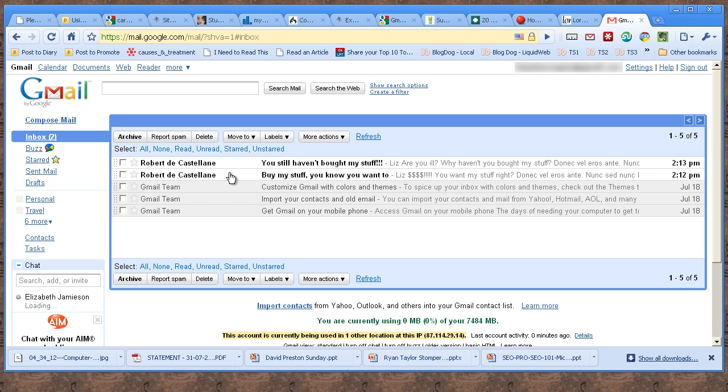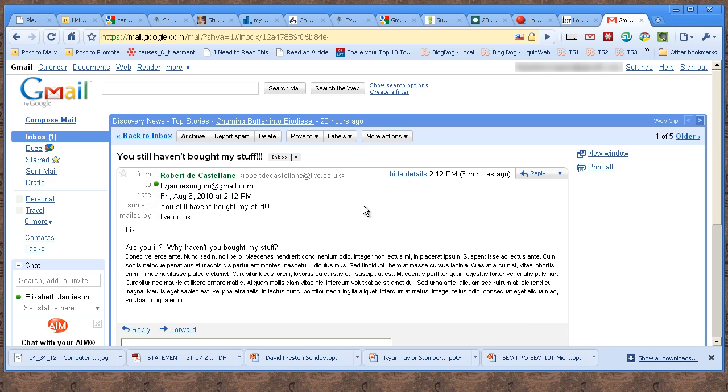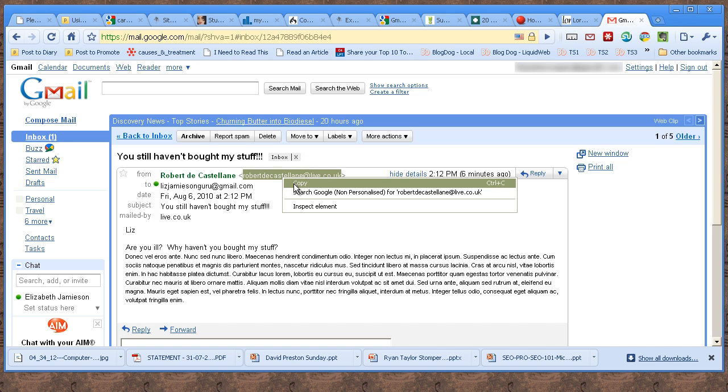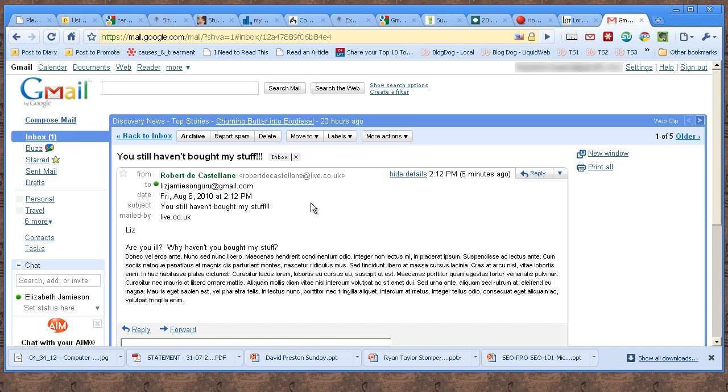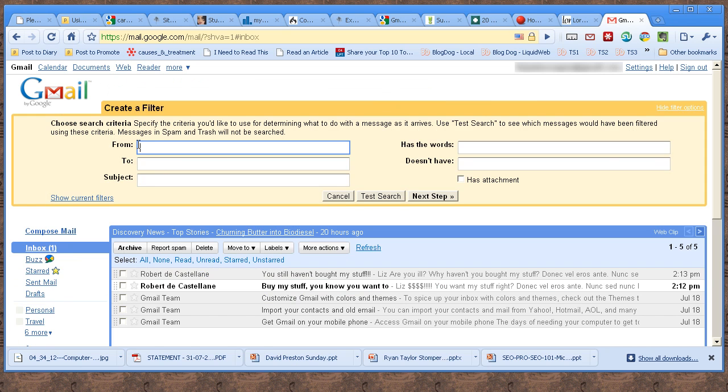I'd click on one of his email messages and then onto Show Details, so that I had a really good idea of what his email address was. It will appear in full next to his name, and then I'll just copy that by right-clicking and copying. Then I go back to my inbox and I create a filter by clicking on the Create a Filter link. Then I paste his email address into the From field and do a test search by clicking the test search